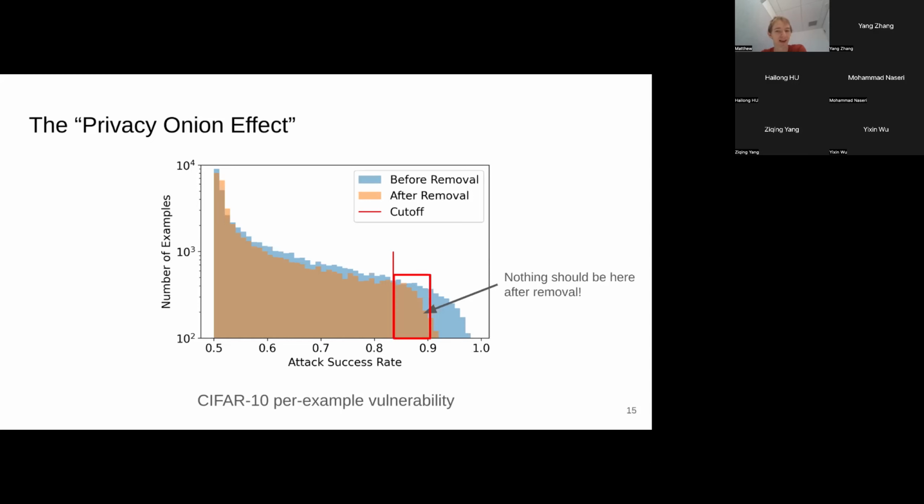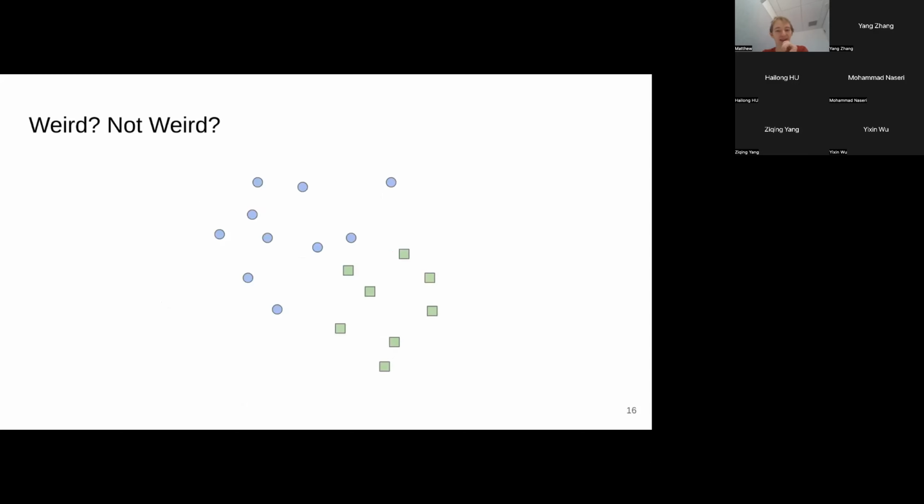So I want to just start you out with something a little bit simple, a case where this can happen in a very, very simple fashion, to tell you this might not be so weird. We're going to be looking at this two-class binary classification problem. We're distinguishing circles from squares.